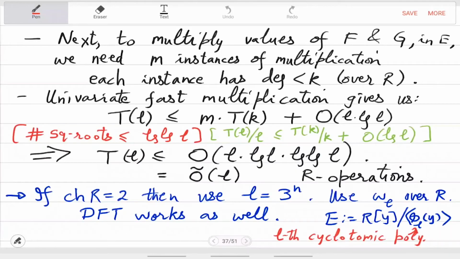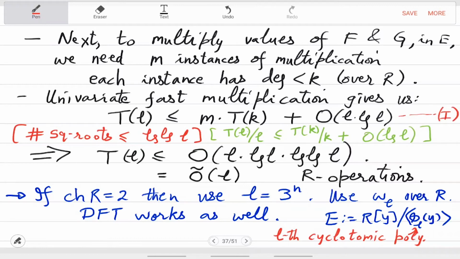So you get the following recurrence. The recurrence you get is this. So this equation 1 is what you get,